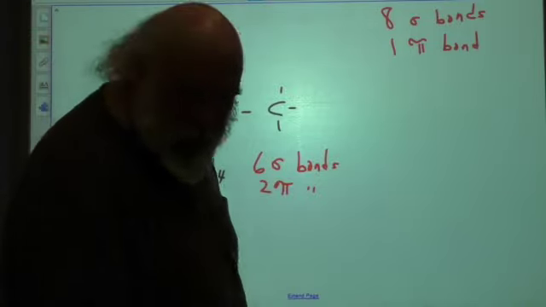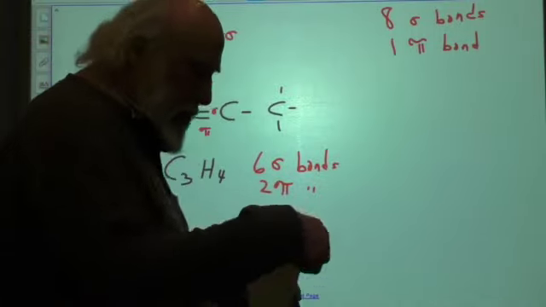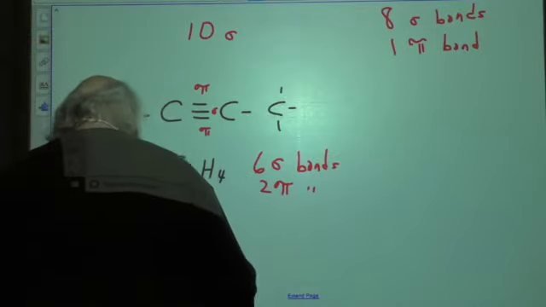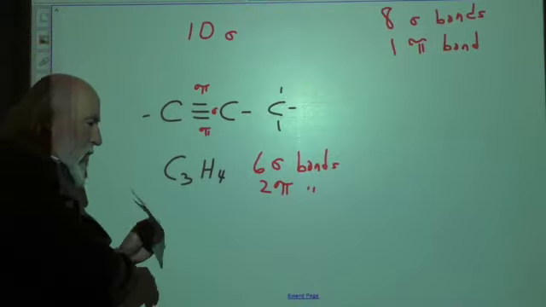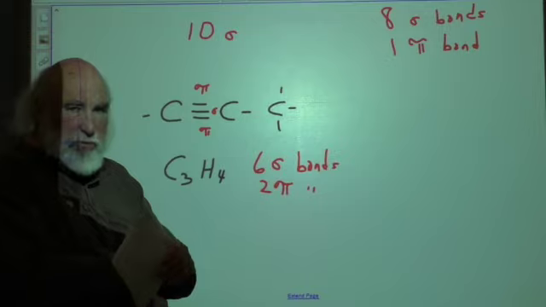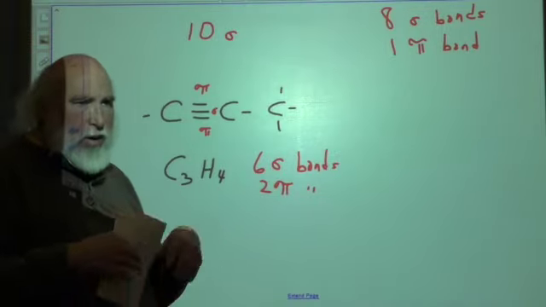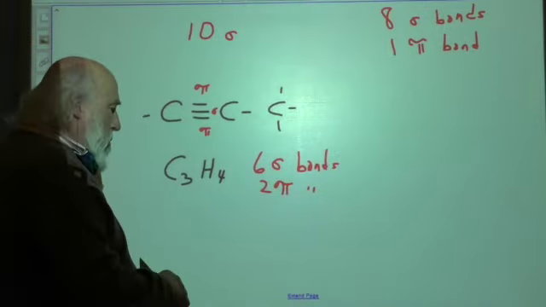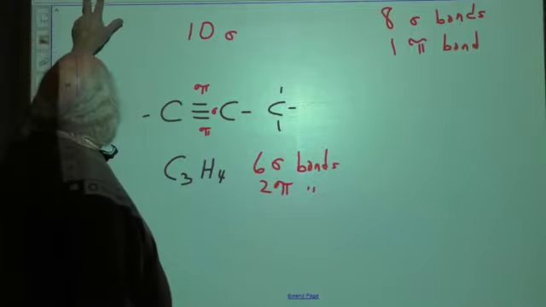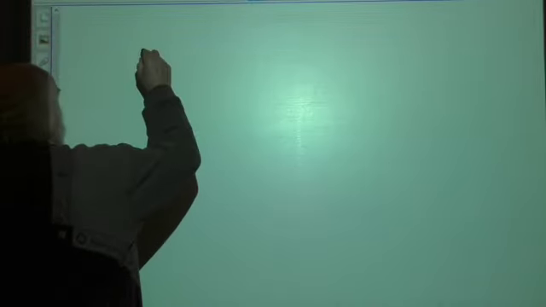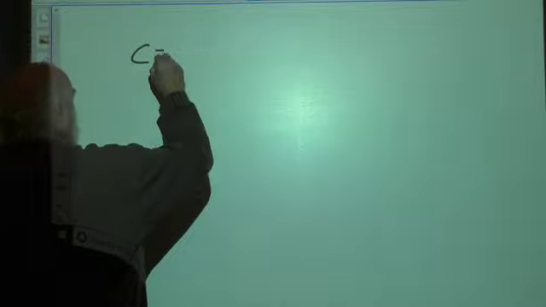Okay, so next thing I want to bring up has to do with how we can identify names of isomers. They have the same number of carbons and hydrogens, but different structures. So if I go back to, let's take the butene,